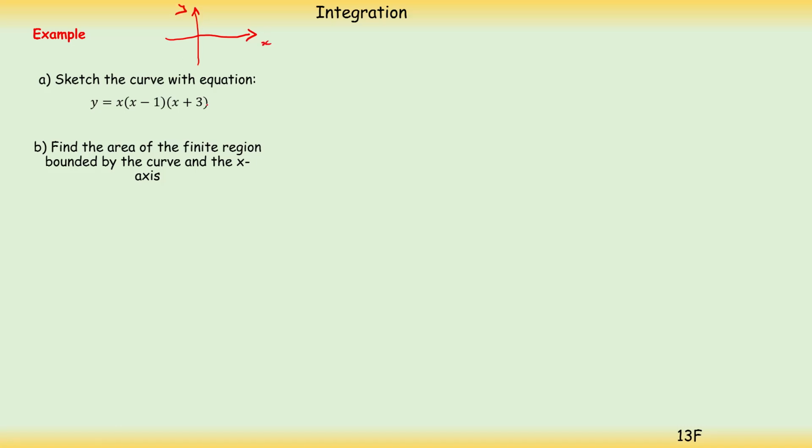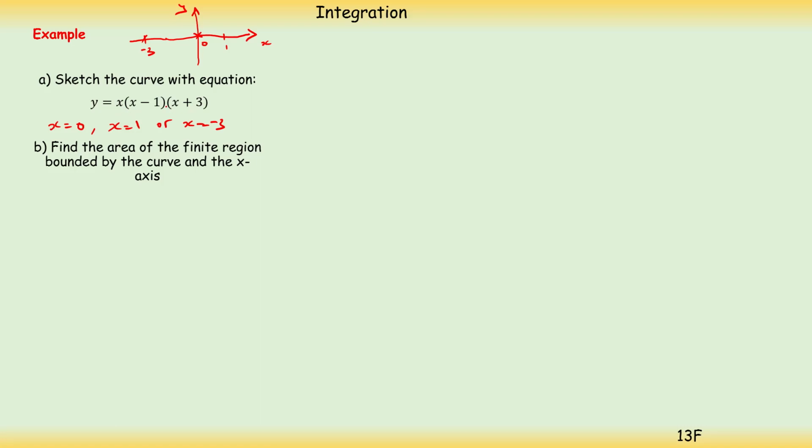Now the solutions here, where it crosses the x-axis, or y equals 0, are given by x equal to 0, or x equals 1, or x equals minus 3. So any one of those. So if I plot that on here, let's put my minus 3 over here, the origin, and positive 1 here. Now looking at that curve, if you recall how to sketch a cubic curve, it's going